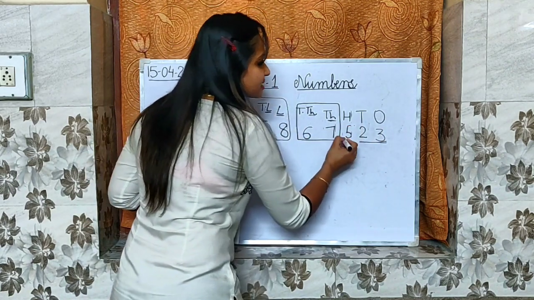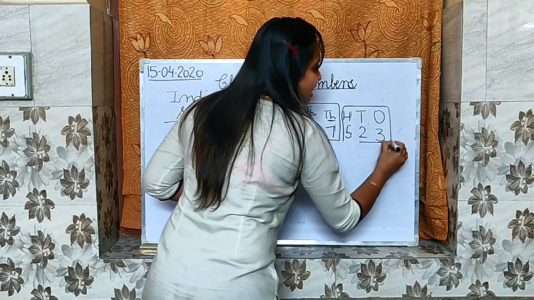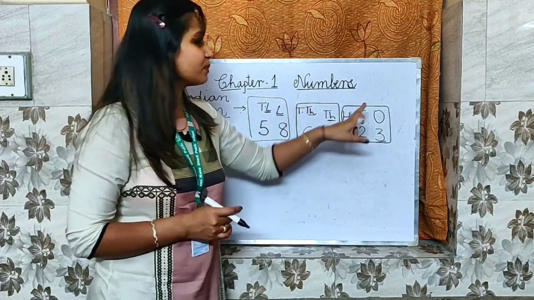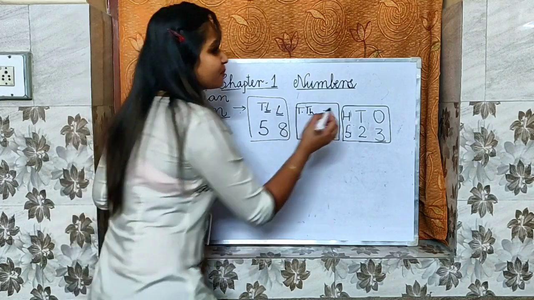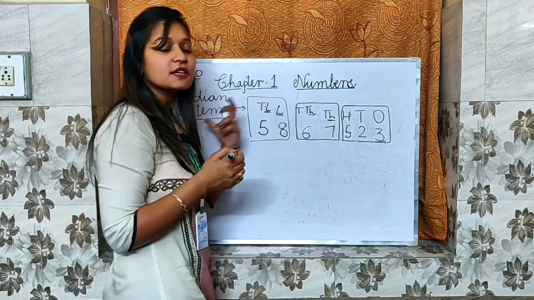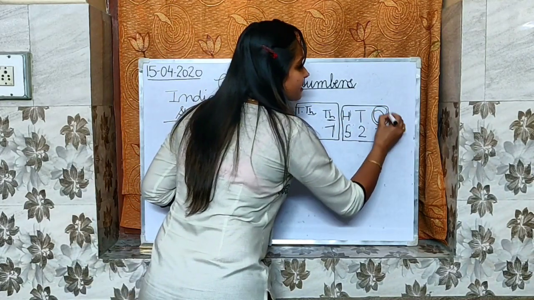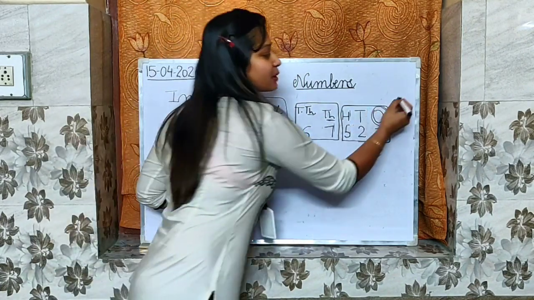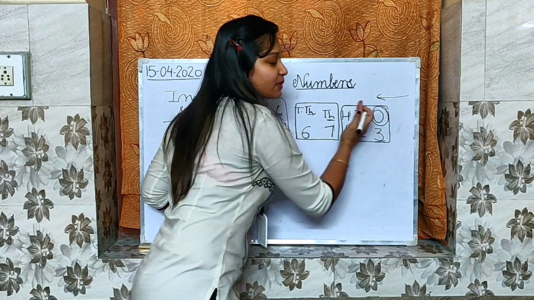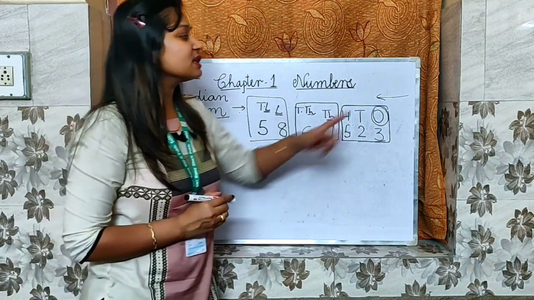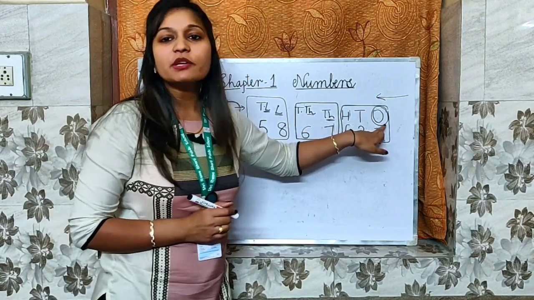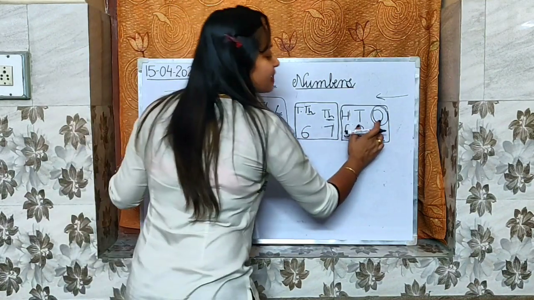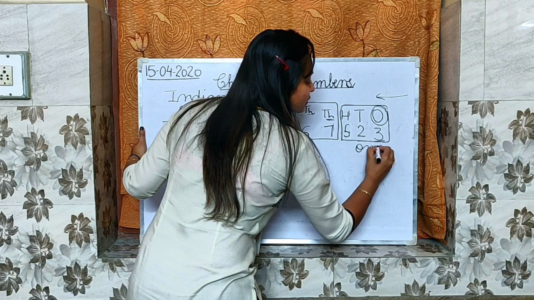What about ones, tens and hundreds? They don't have anything in common, so I have put all these three in one group. So let's make leaders of these groups. Who is the leader here? How will I decide the leader? I will start from the back side because our place value chart starts from the back side. Whoever is sitting in the group first will become the group leader. For example, here ones is sitting, so ones is the group leader.